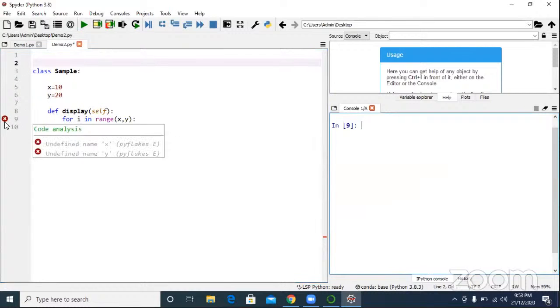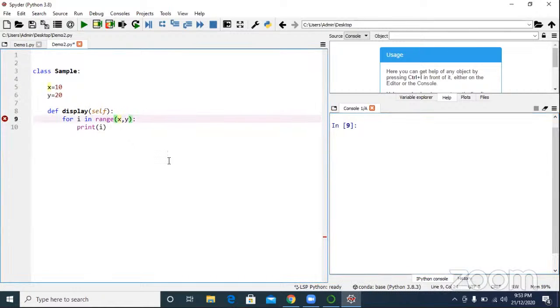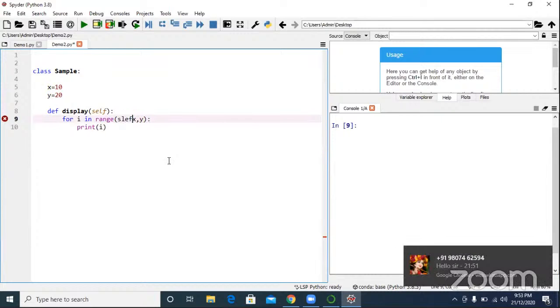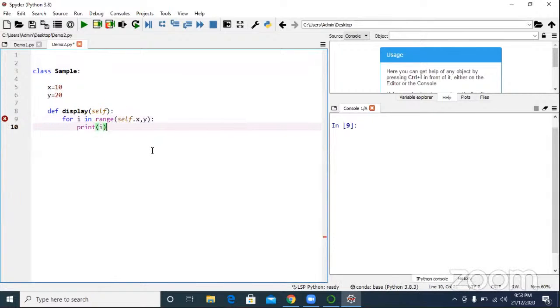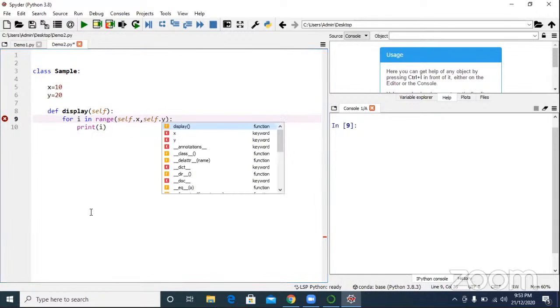But still it is getting an error. Are you able to see? Undefined name x, undefined name y. It says I don't know x, I don't know y. That is true. Every instance variable x and every instance variable y should be written with self dot: self.x, and in a similar way self.y.